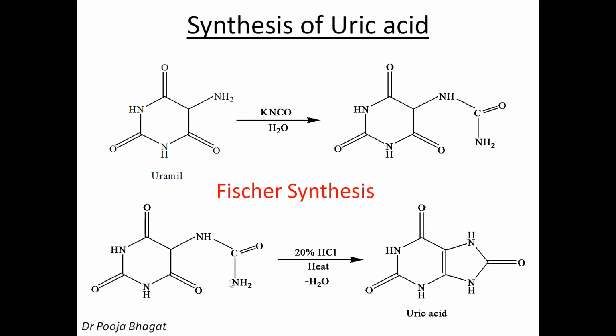Again, a quick recap. The lone pair of electrons available on this nitrogen will attack on the carbonyl carbon and the pi electrons will be shifted towards oxygen. So this is single bond, O having the negative charge. This will lose protons. So this will take protons. This is OH. So there is a bond between the two, carbon and nitrogen, and OH here and H is here. So H from here, OH from here goes out as water molecule and a double bond comes here. So this is uric acid. So this is the way how we can synthesize uric acid in Fischer synthesis.